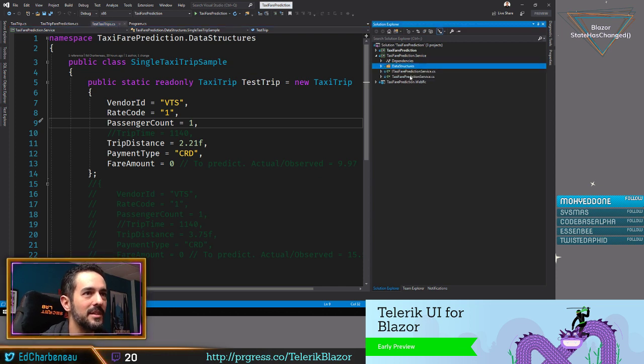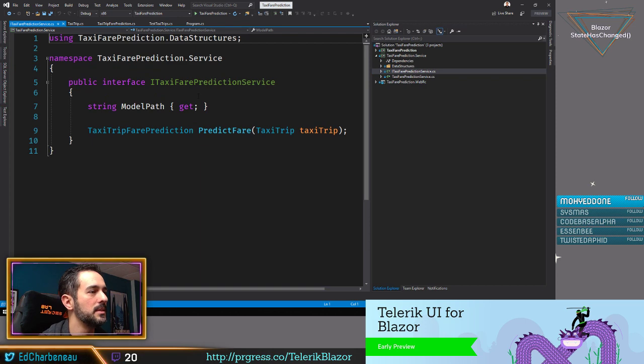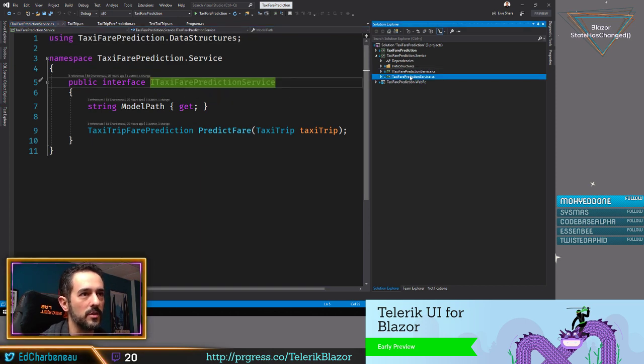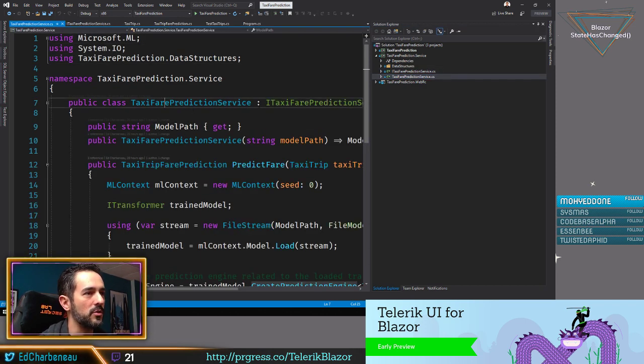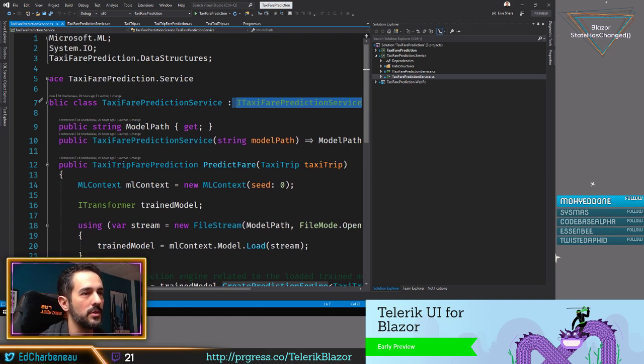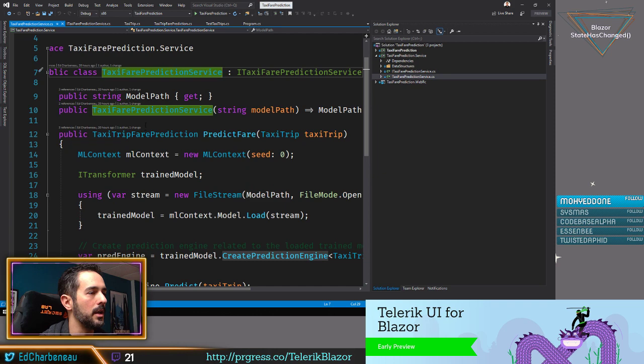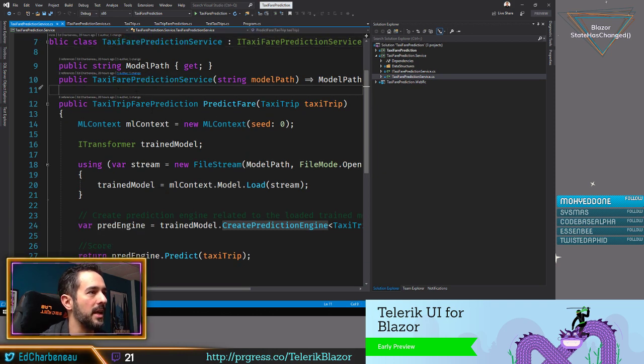Really appreciate it. So that's our data structure for the machine learning model. That's in our services, because it's shared both on the prediction service and it will be on the front end as well. We have an interface for our service. Let's look at the service first. So the service uses the taxi fare prediction service interface. And the service has a